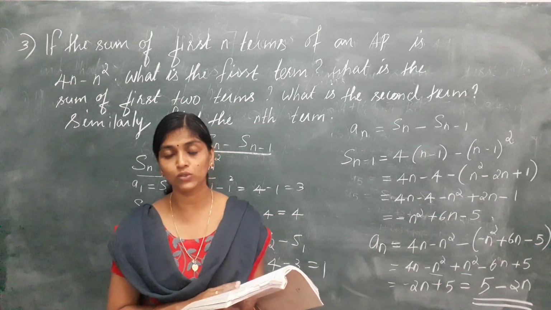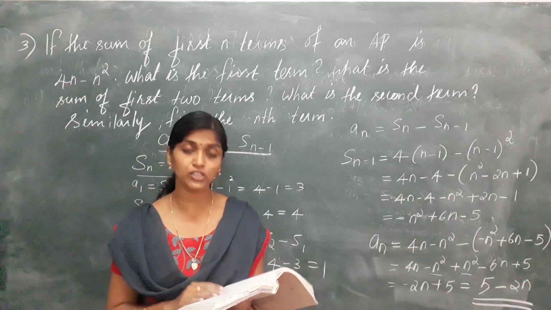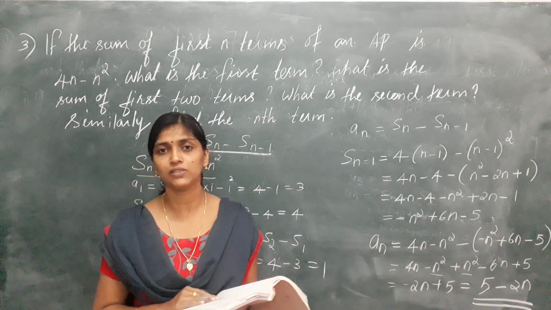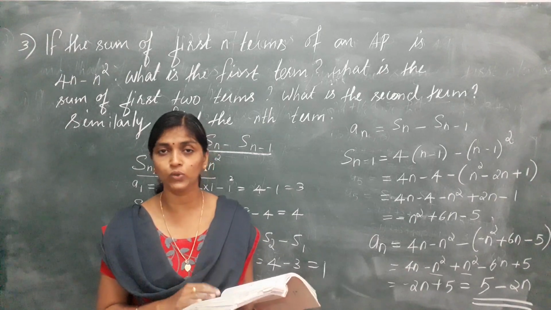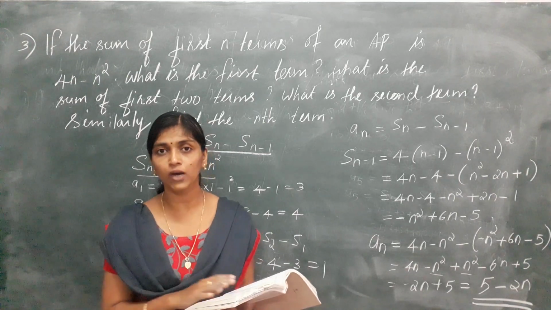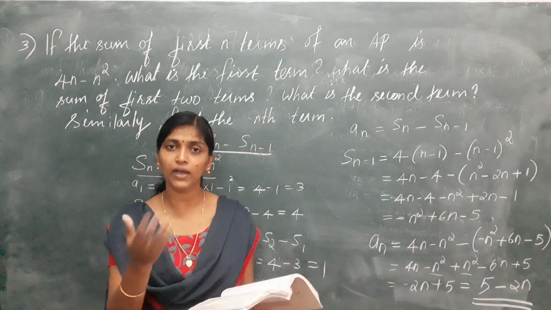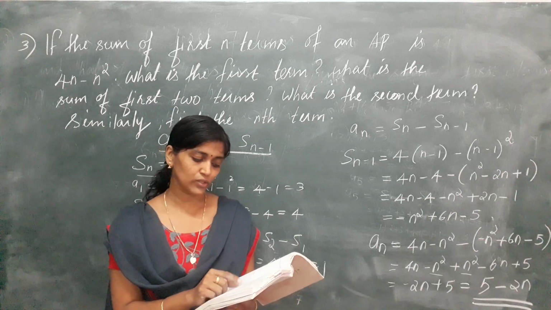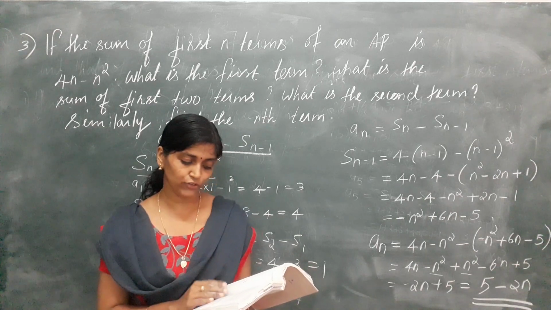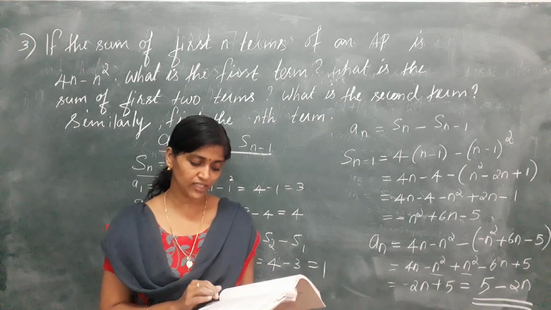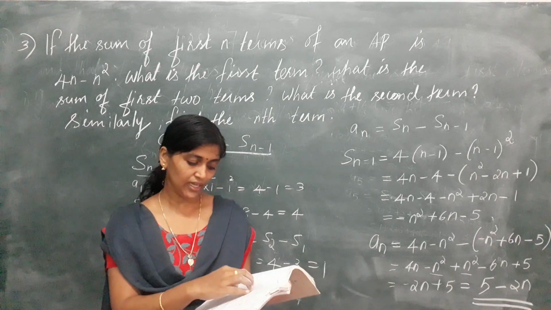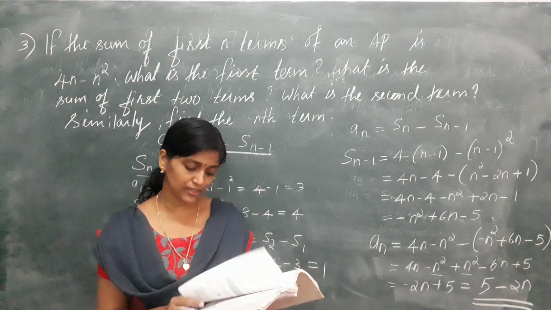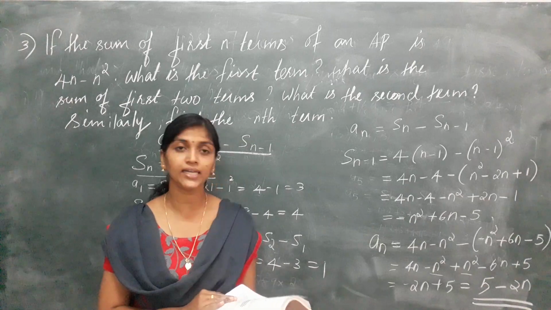In question number 12, you are asked to find the sum of first 40 positive integers which are divisible by 6. Like the previous question, you have to form an AP. Divisible by 6 means you have to find the multiples of 6. Those questions of the same model, question numbers 12, 13 and 14, then 15, 16, 17, are the homework questions. Also you can see 3 more questions from that section, question numbers 18, 19 and 20.